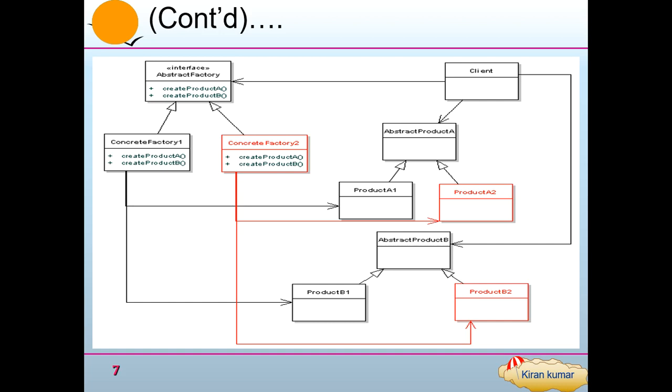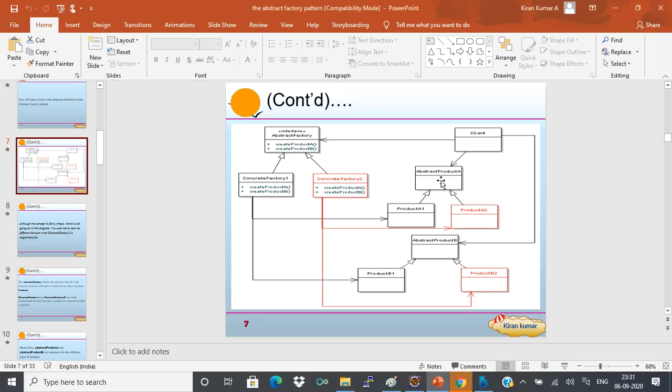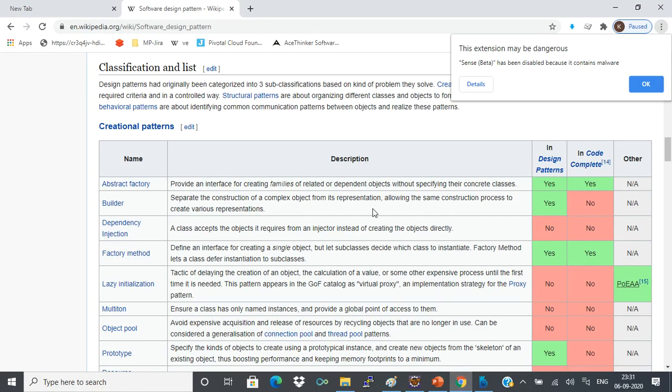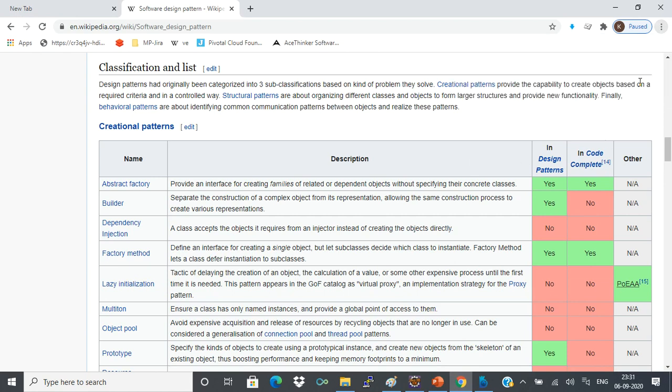Now, in abstract factory, we have one super class for the factory classes themselves, and each factory class again produces different objects. We'll see an example so that we have a clear understanding, because unless we see a real-time example we won't understand it.